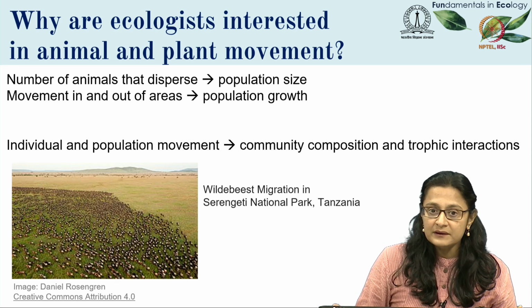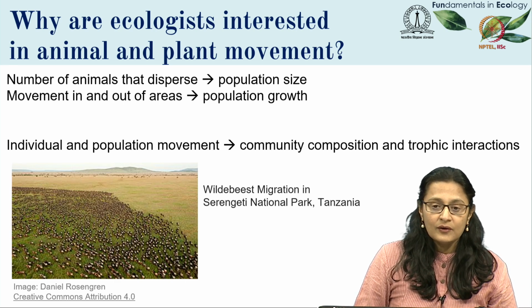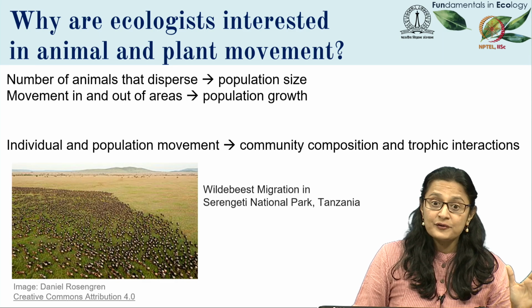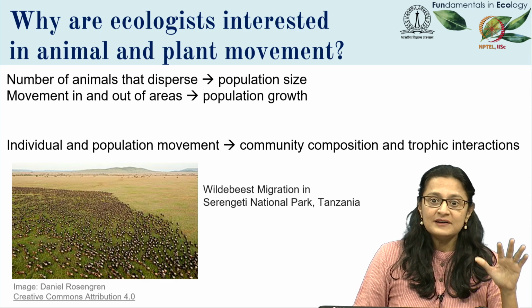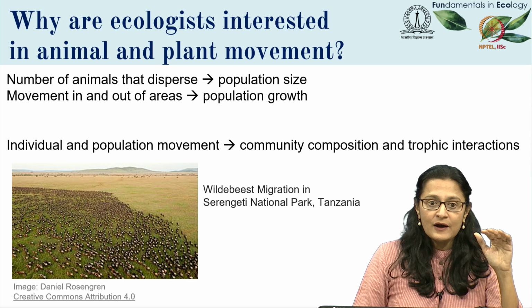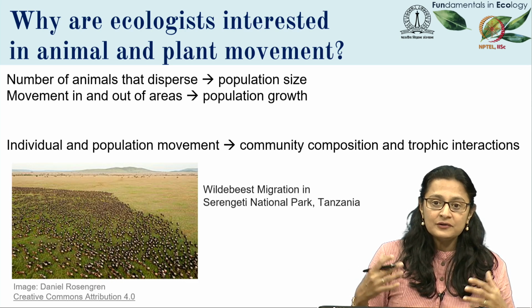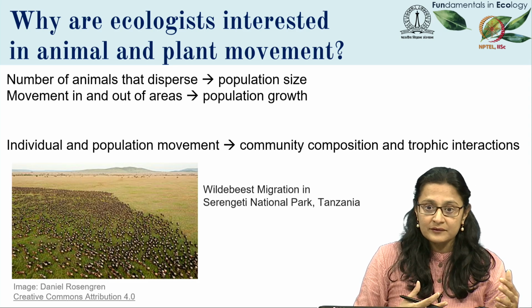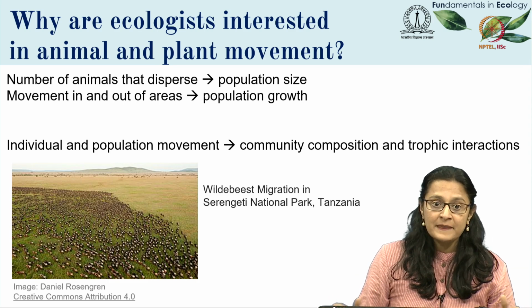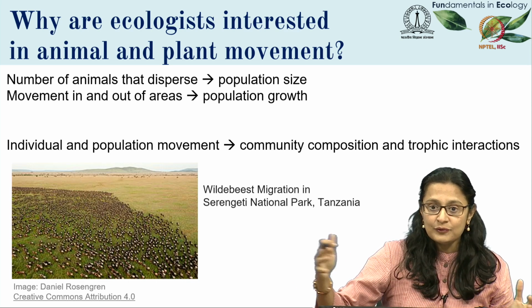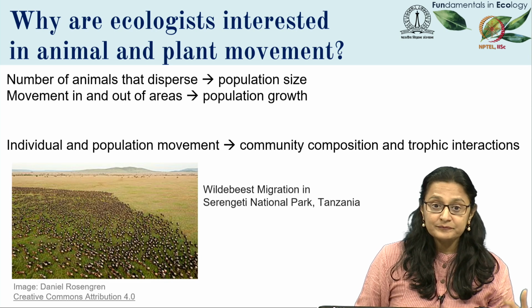So think about the wildebeest migration in Serengeti National Park, where large herds of wildebeest and zebra move across the landscape for hundreds of kilometers. As they move, they're increasing the foraging pressure on the environment at all the locations that they're stopping at. And so the interactions between the wildebeest and the plants, their foraging ecology, is going to shift the ecosystem dynamics of that environment as they move through space. So movement is a strong component of ecological processes.